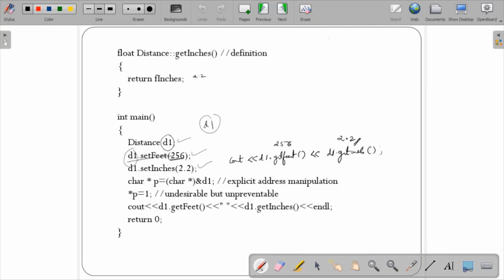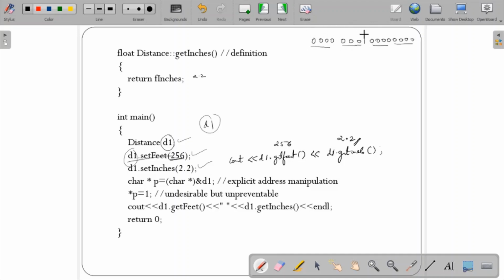So for example, let me say you have setfeet as 256, meaning it is actually 0 0 0 0 0 0 0 0 1 0 0 0 0 0 0 0 0, totally 2 bytes.